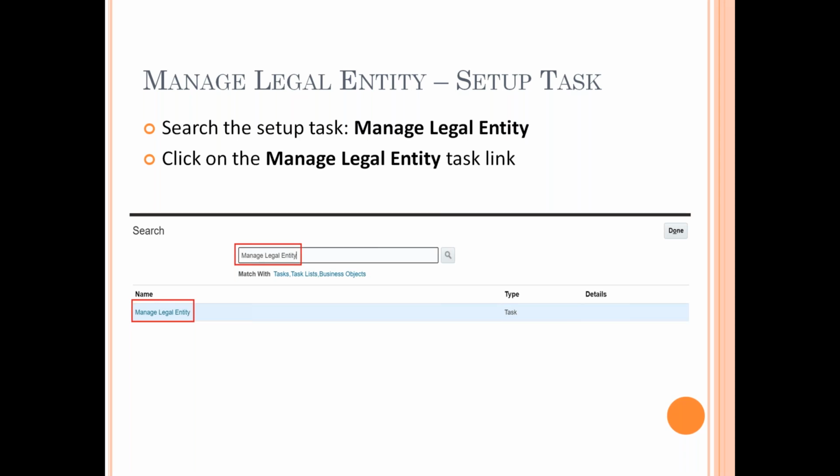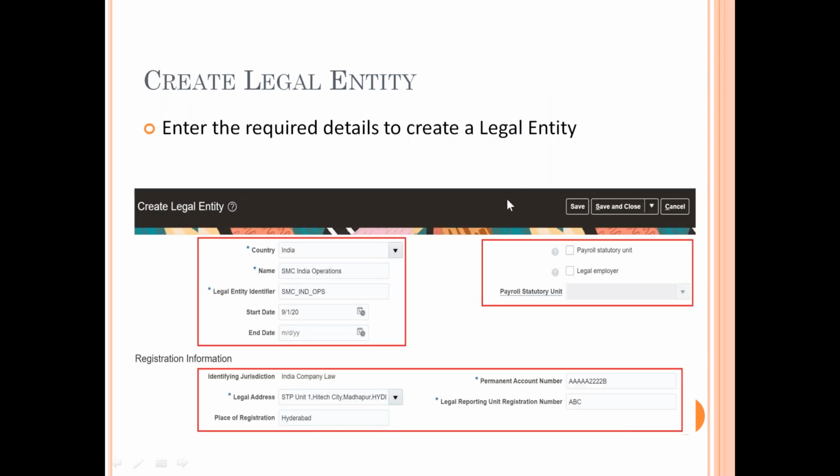And once you create the legal entity, it will take you to the legal entity task. You say manage legal entity, it shows you this task. You select this legal entity, and once you click on this, Anup, you will get something like this. Now this is the place where you will have to select the details. So when you click on manage task, it directly goes to create legal entity. In this one, Anup, you select the country, the name, the legal entity identifier, the start date. Typically these are for HCM, like payroll and the legal employer, because many a time you need permissions to employ people in most of the countries.